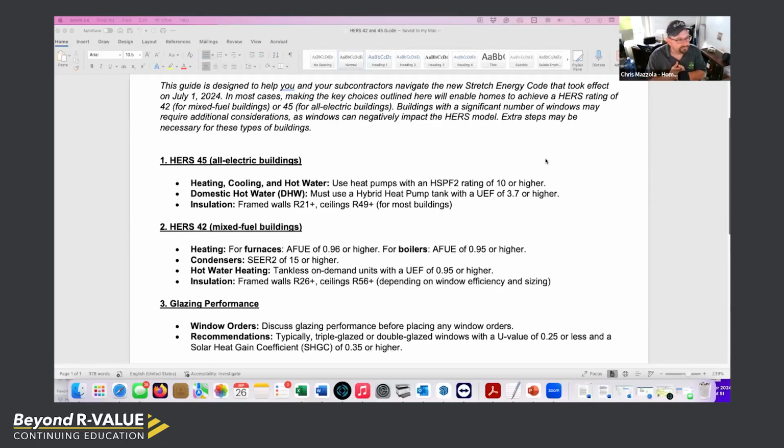So, my screen share, I typically don't like PowerPoints. I'd rather just talk and have conversations with people, because I think specific scenarios and discussing people's individual projects and problems and coming up with solutions is far better than bouncing through a bunch of slides. But this is one of the documents that we give our builders on the front end, just to give them a beginning idea of where they should be heading for their project,